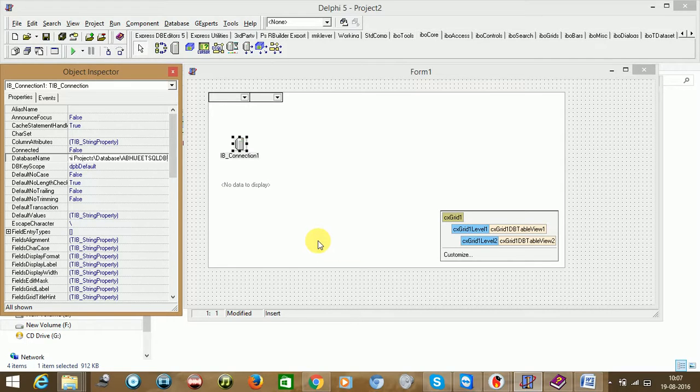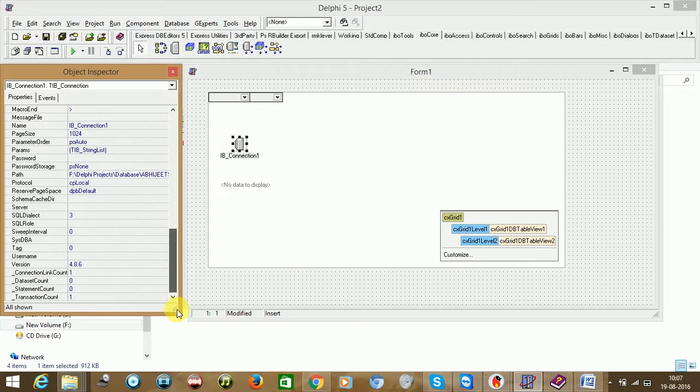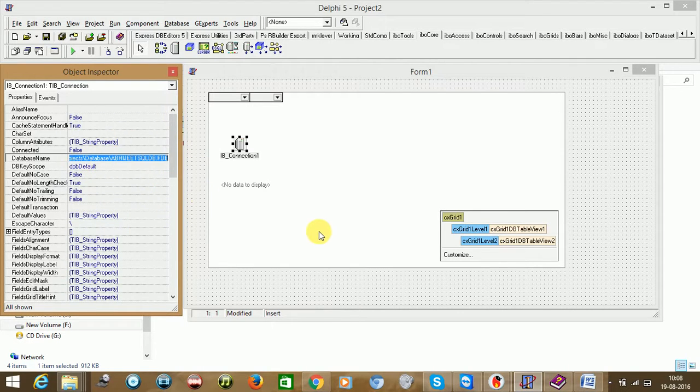Dot fdb, you can give a small letter as well, doesn't matter. And again come back, username SYSDBA for Firebird, and the default password is masterkey. Not secure, like this. You could say TCP/IP. I think by default a colon is coming here. Remove that and just say connected is equal to true.